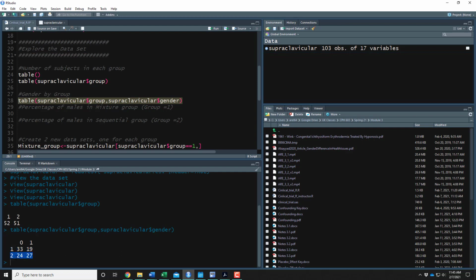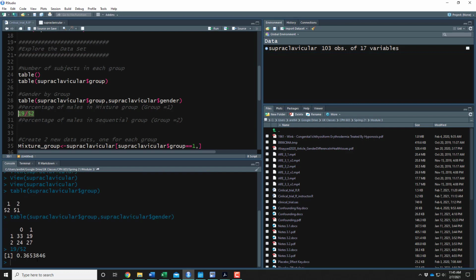In the sequential group, there were 24 females and 27 males. So what we might want to include in our tables that you have in that Word document is the percentage of males in each of the groups. Remember that in the mixture group, we already saw there were 52 total participants and there were 19 males. So we can take 19 divided by 52, run this, and we can see there are about 36.5% of group